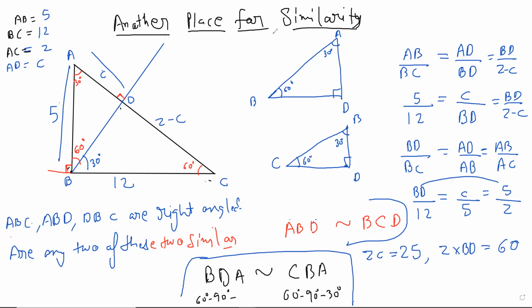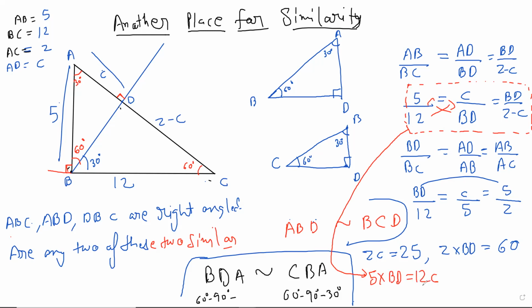Yeah. Now I'll go back to this equation. A lot of equations. Maybe people should also work it out on your own later on, but since this is the first time, I'm just trying to do it together. Usually I leave all these calculations. Now we have other equations. So from here you can cross multiply this part. 5 times BD is 12 times C. So this is like a learning thing, a methodology. Now you can write another one.